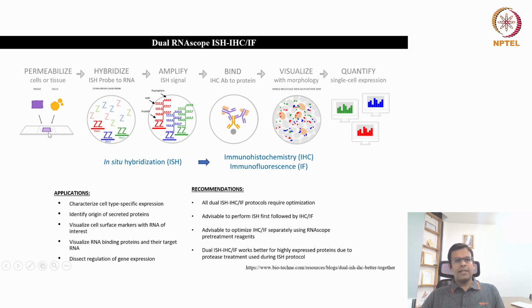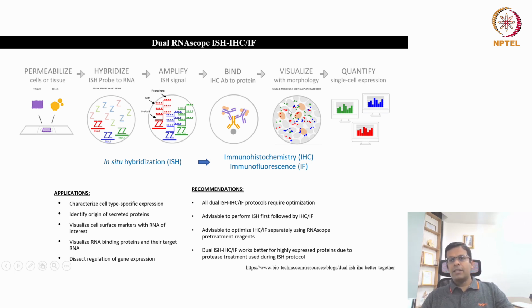You take your tissue or the cell sample, then you hybridize with the double Z probes for, let's say, 3 different RNAs: red, green, and blue. And then you amplify your signal using the amplifier, pre-amplifier, and these fluorescent molecules. So all these RNAs will give you these different colored dots like red, green, and blue dots. And then you want to see your proteins. Okay, so you incubate your slide with the primary and secondary antibodies specific for that protein, the way we do it for the immunofluorescence analysis.